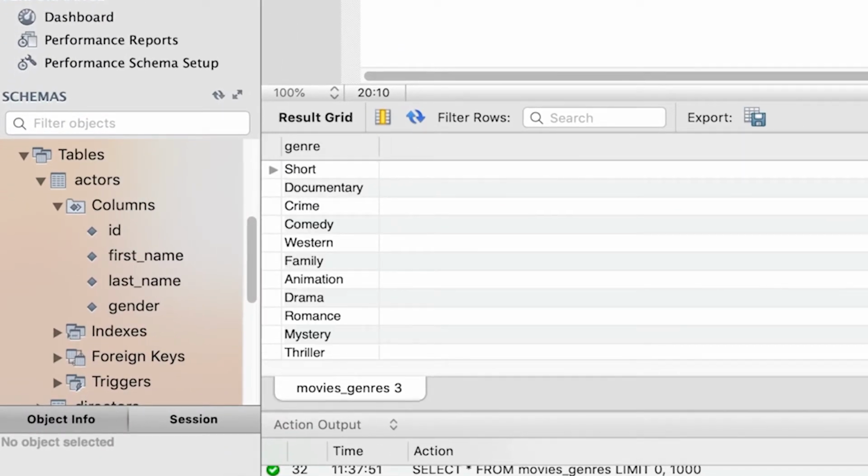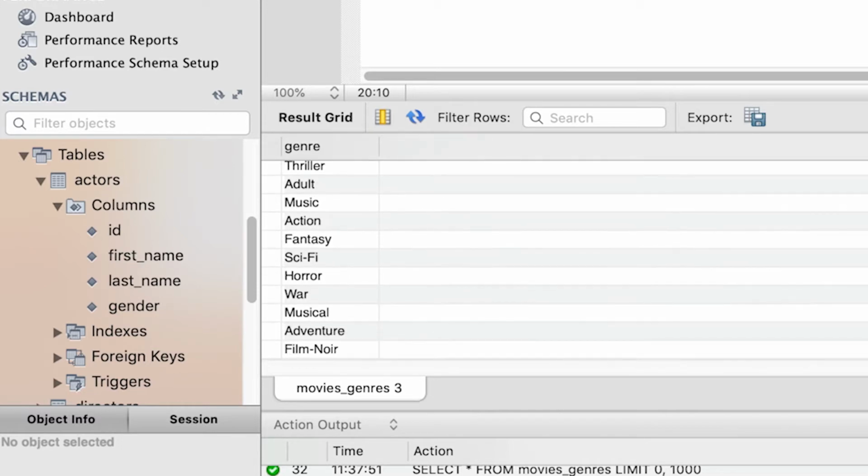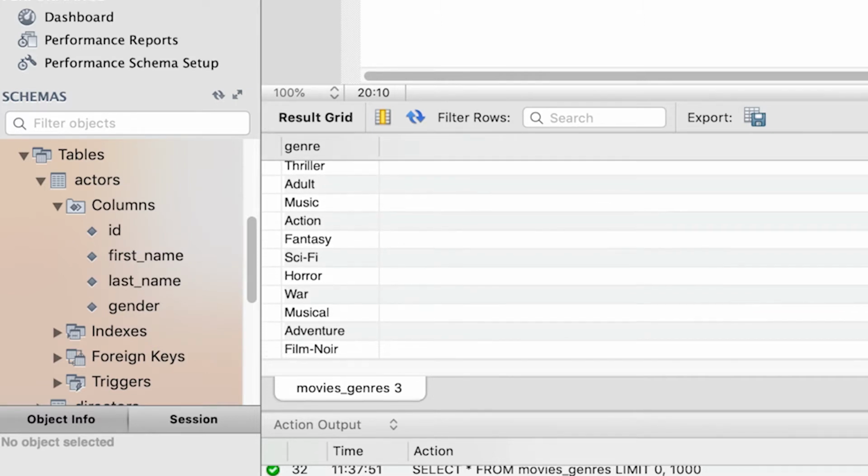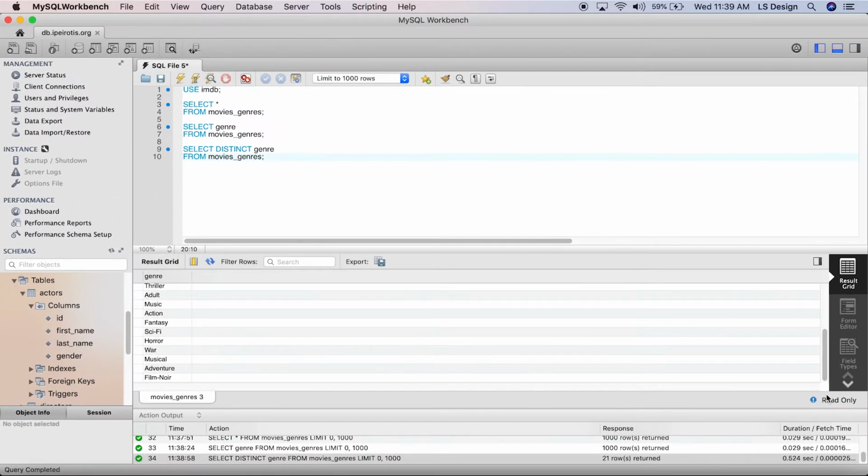If you take a look at the results and scroll down, you will see that we have 21 distinct values for genre: short, documentary, crime, comedy, western, family, animation, drama, romance, mystery, thriller, adult, music, action, and so on. You scroll down, film noir. So in other words, there are 21 different genres in the database.